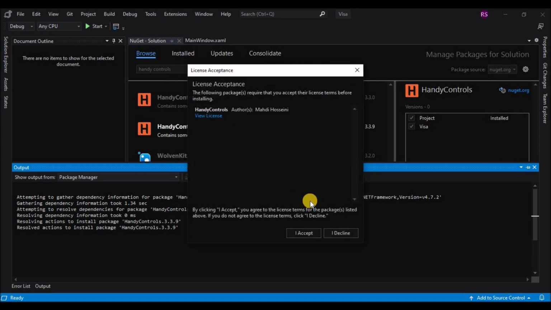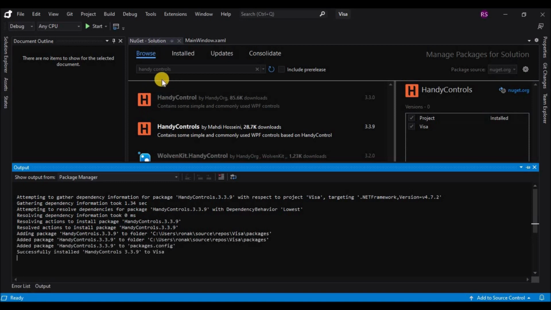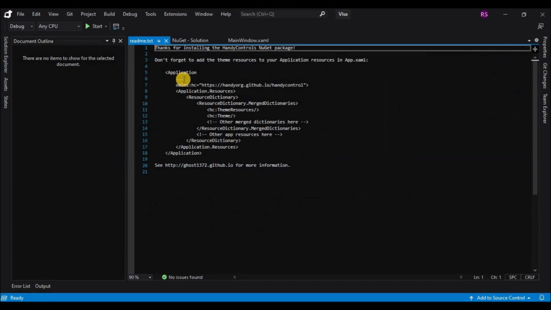And accept the terms and conditions. Okay, and let's wait for the package to be installed. Once the package is installed, it will open a readme file which will give you the installation steps. Okay, the package is successfully installed now, and we have the readme file open now.